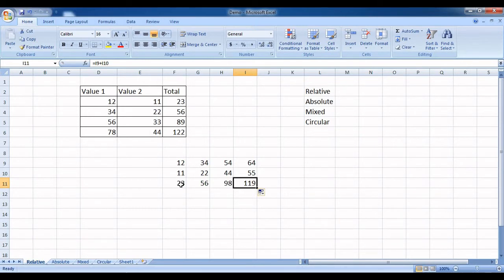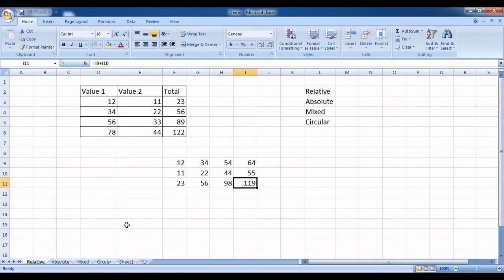There is no rule as such. It depends on what kind of formula you use, in what direction you drag, and what content you have. You can choose any one amongst these 4 cell references. What we have used now in this example is relative cell reference. And for certain kind of data, you may require to use absolute. In certain cases, you may require mixed. And in certain cases, which is very rare, you may require to use circular.